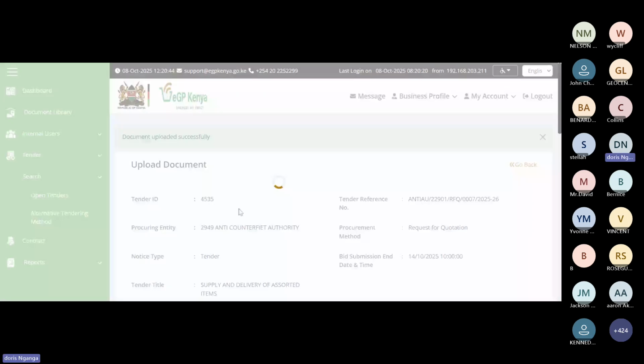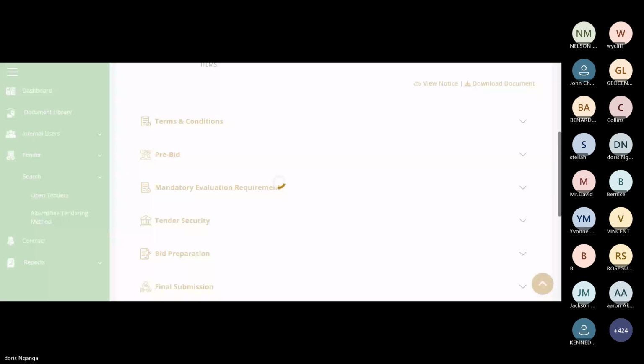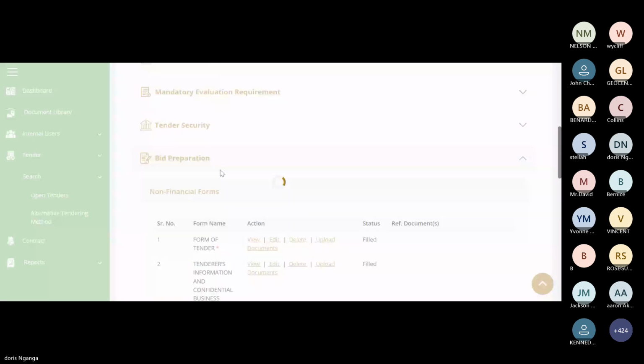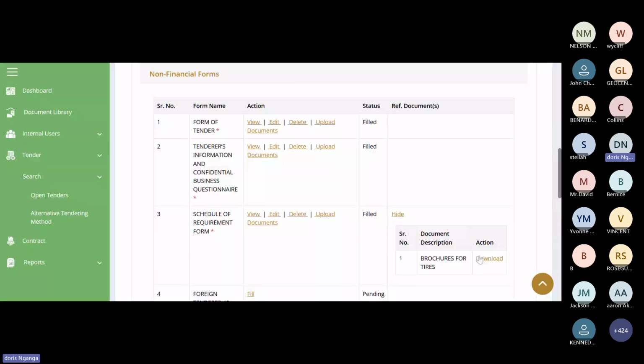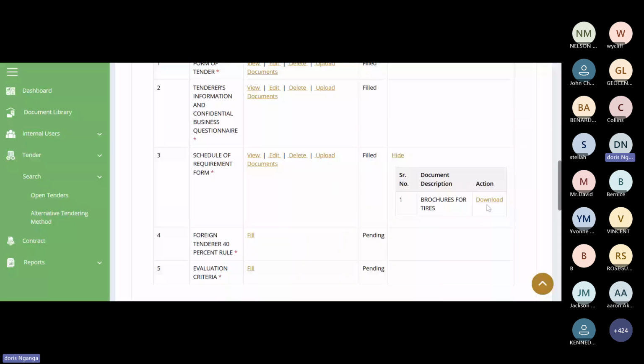Once you have uploaded it successfully, you go back. You see on the reference document, we have a document. You can display it. Once you click on display, you can see the brochure for tires and you can download that document. So the procuring entity on its end will be able to have this brochure as you have uploaded it.